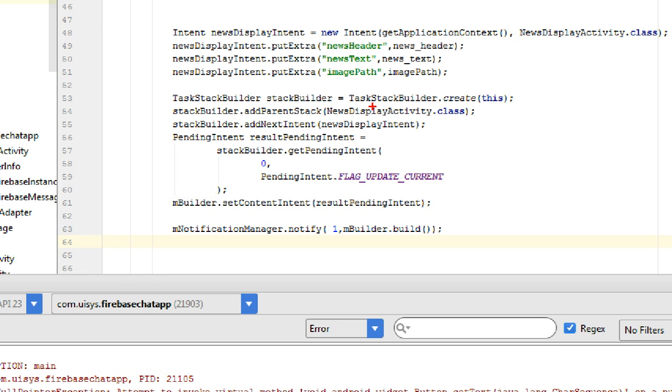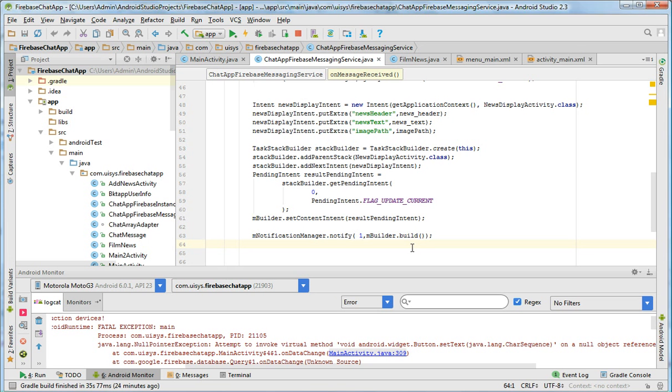So that is to build a task builder to create a new task and then to navigate to the other activities in the parent activity of this activity. And to receive this message,